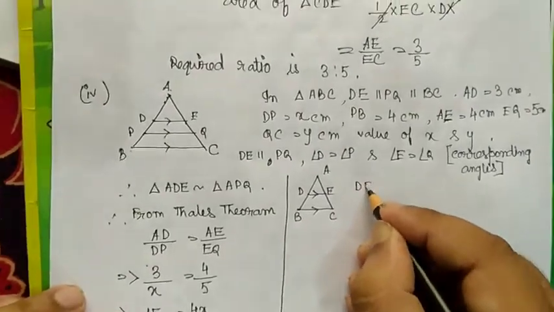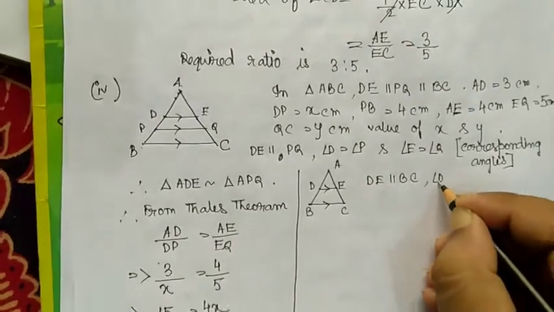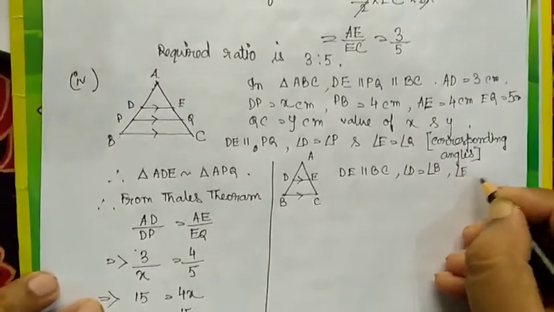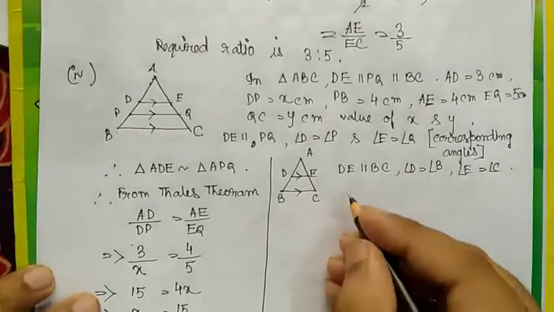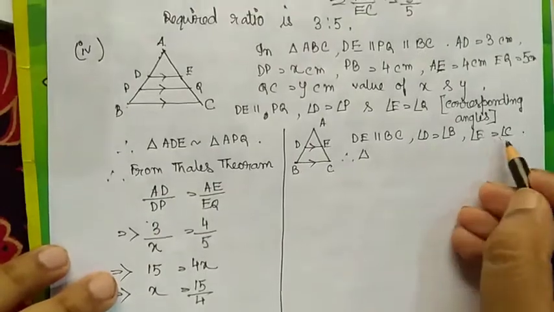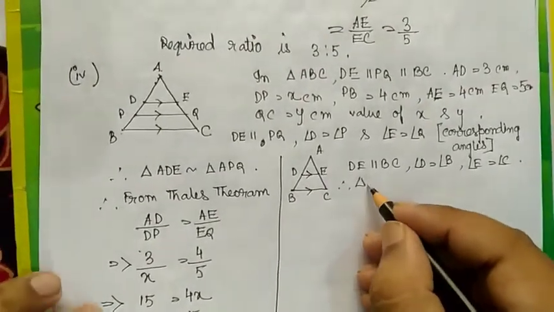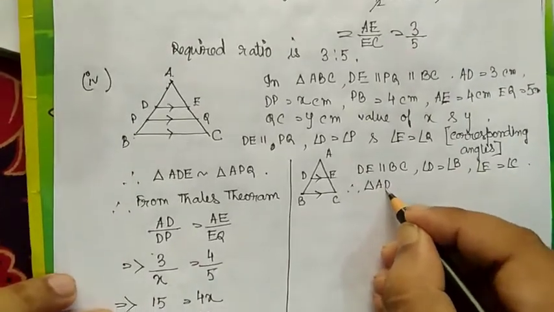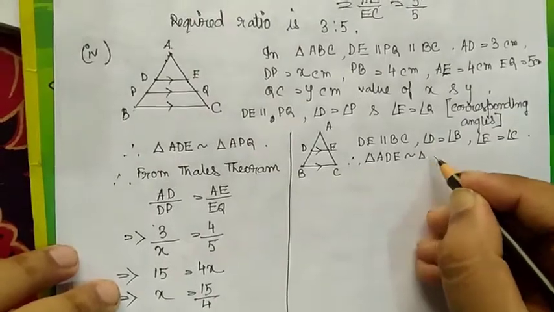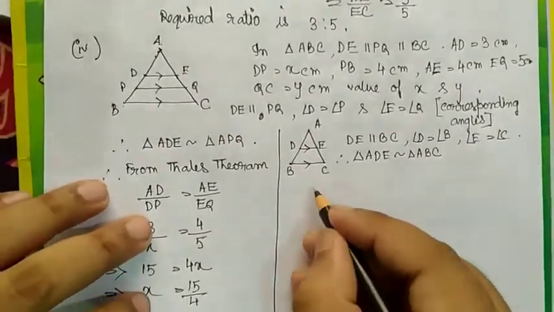DE parallel to BC and angle D equal to angle B and angle E equal to angle C. Therefore we can say that these two are equal because they are corresponding angles. Therefore triangle ADE is similar to triangle ABC. So from Thales theorem,